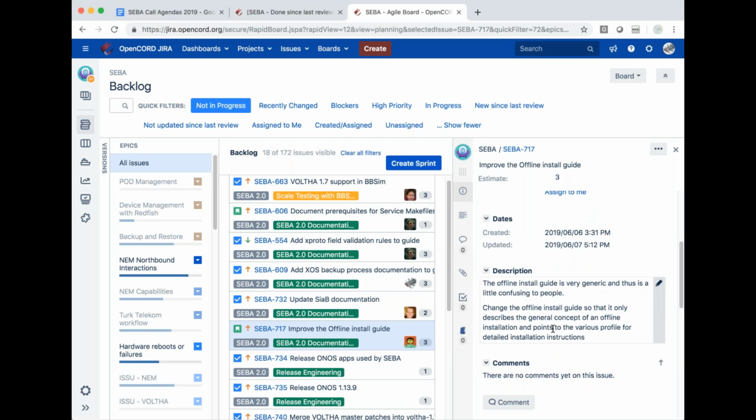We tried to write it in a form that was general enough to cover all the profiles and all the use cases. But given the amount of questions we are receiving on the mailing list about it, we think it will be better to create a step-by-step guide for SEBA so that you can copy some commands from the guide, execute them on your machine and your pod, and you should arrive at a working system.